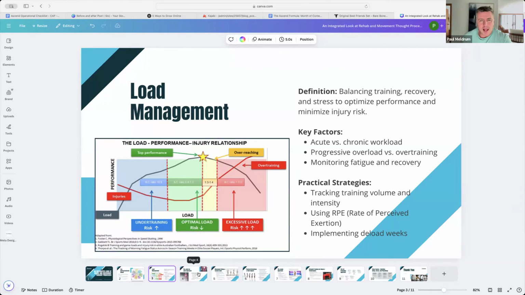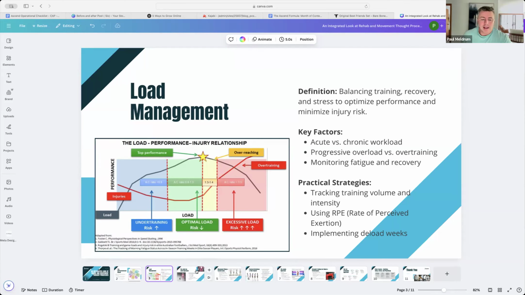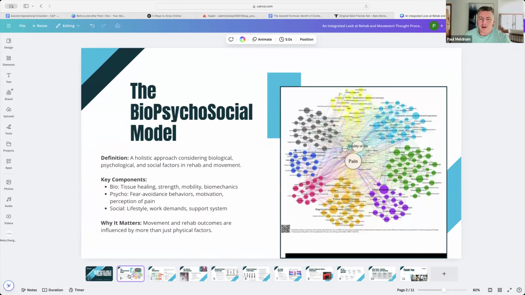Now we need to look at what actual tissues are being loaded too much and what are being loaded too little. And the reason why I really emphasize this right now is we need to have a tool to actually make our clients feel better. It's all good saying, oh, your pain is influenced by all these things on the chart. Look how smart I am. And then asking them how they feel empowered and all that type of stuff.